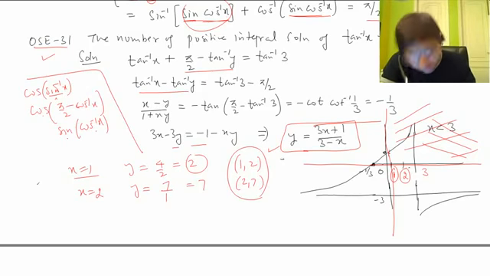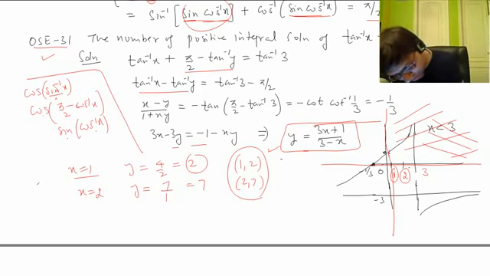If you cannot draw the graph, then also you can do it, but you'll have to be smart, and we have to observe things. For example, you can see the denominator.